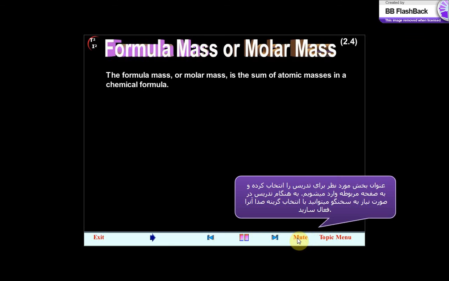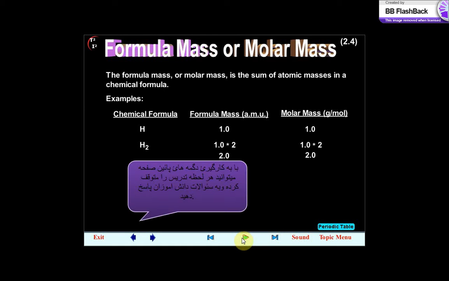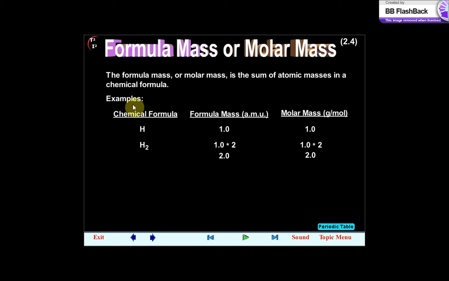Whenever you click on each lesson, as you heard, there's a voice that talks about the page and reads all of it word by word. It's up to you if you want to use that voice, or you can mute it by clicking on sound and mute over here. You can also pause the screen if the students have questions at that time. You can simply pause, and have students interact with you while you're teaching the lesson. Here it's asking you to write down the chemical formula mass, and molar mass